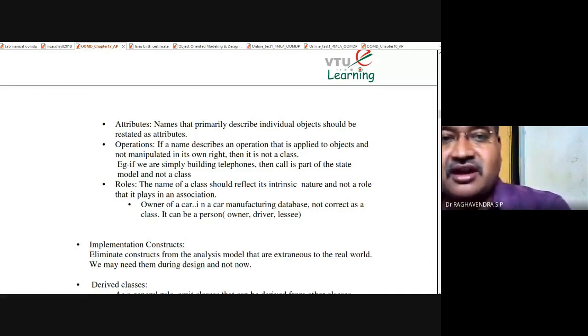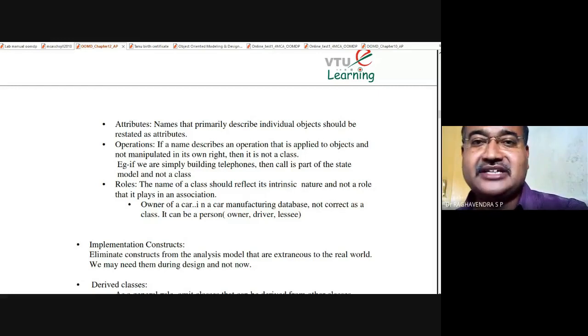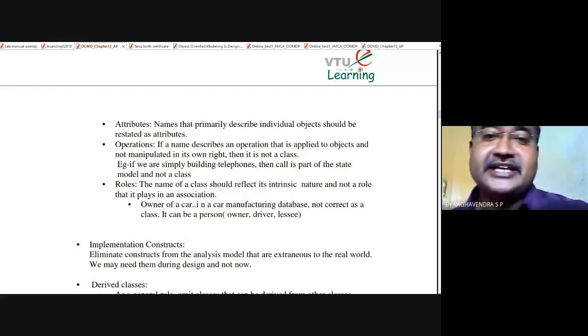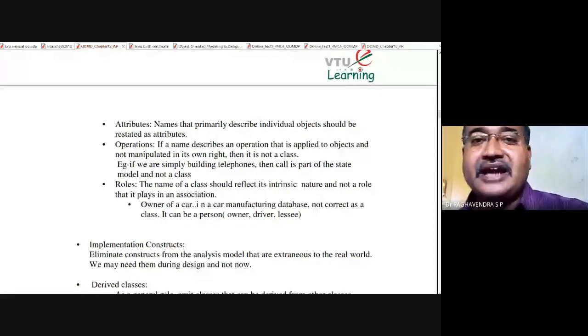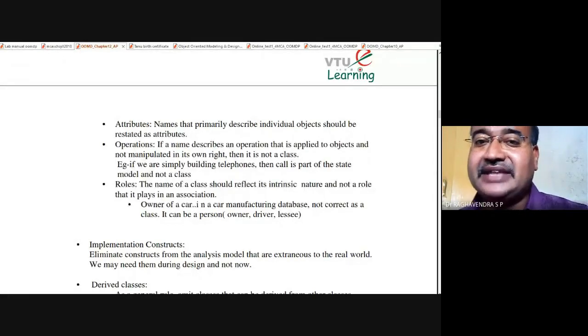Next, behaviors or operations. If a name describes an operation that is applied to the objects and not manipulated in its own right, then it is not a class. If a name describes an operation and it has a specific name, and in that scenario it is not manipulated in its own right, then it is not a class. For example, if we are simply building telephones,